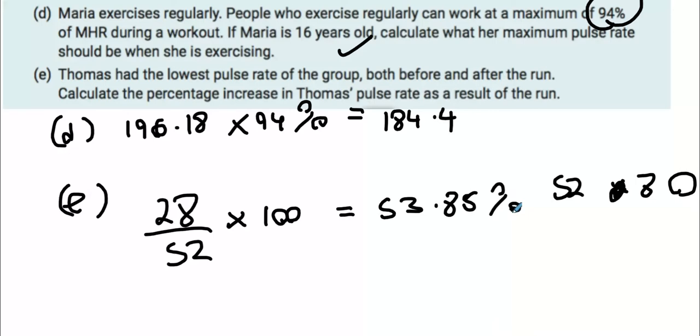All right, guys. That's that question done. What question was